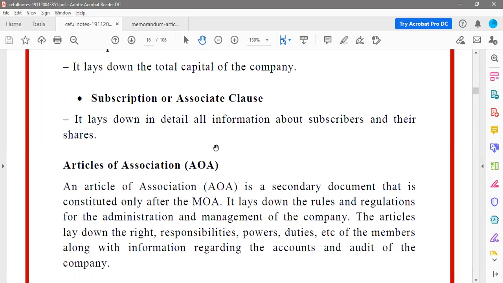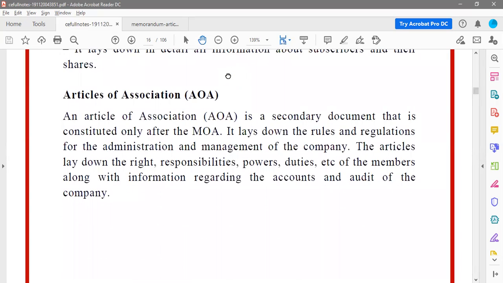Okay, this is the first document which is very important. Now, moving on, I hope everybody has understood MOA. Now, moving on is the AOA. AOA is the other document, which is a secondary important document, and this document is the rules and regulations